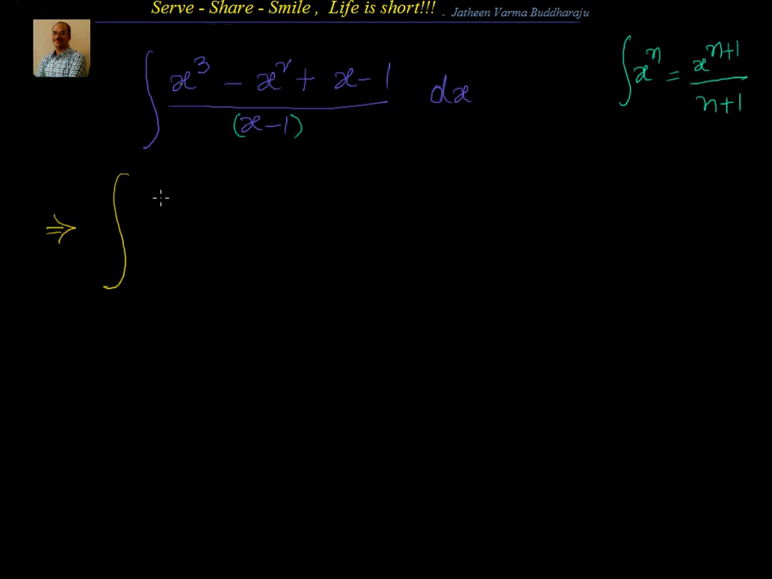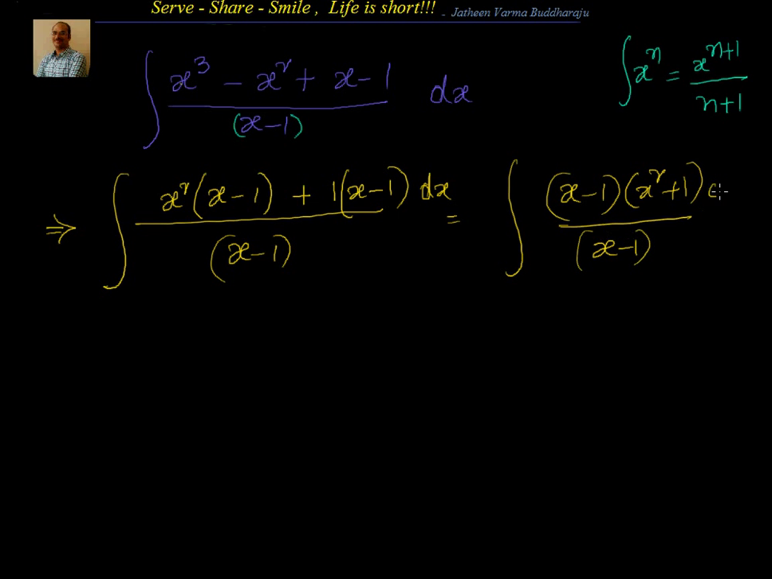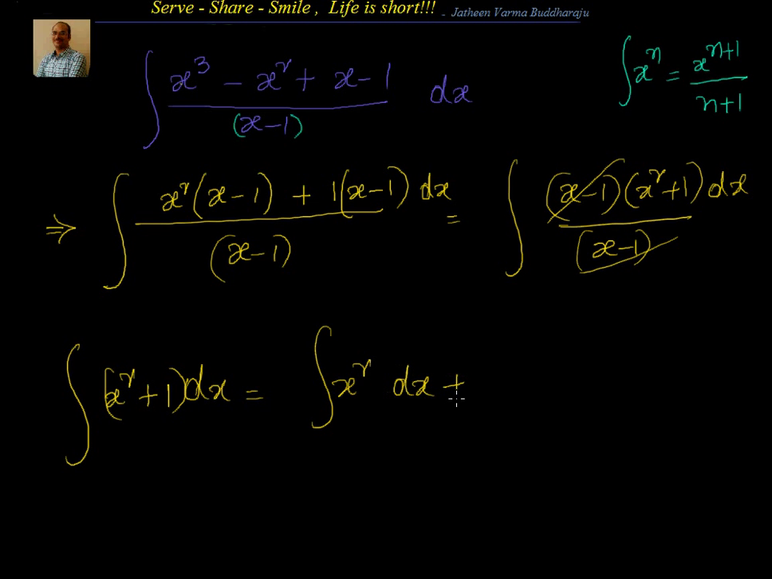I see x cube and x square. So can I write x square into x minus 1 plus 1 into x minus 1 divided by x minus 1. From the two terms I can take x minus 1 as common. So that will make it x minus 1 into x square plus 1 divided by x minus 1 dx. I can cancel x minus 1, x minus 1. I'll have integral of x square plus 1 dx, which I can write as integral of x square dx plus